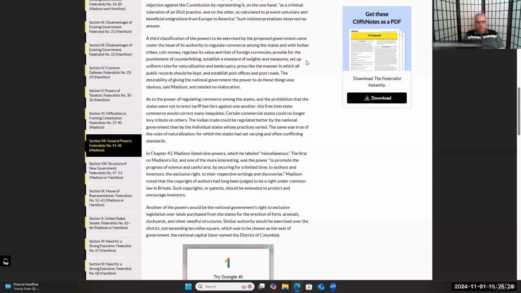A third classification of the powers to be exercised by the proposed government came under the head of its authority to regulate commerce among the states and with Indian tribes, coin money, regulate its value and that of foreign currencies, provide for the punishment of counterfeiting, establish a standard of weights and measures, set up uniform rules for naturalization and bankruptcy, prescribe the manner in which all public records should be kept, and establish post offices and post roads. So this is pretty good. This is another